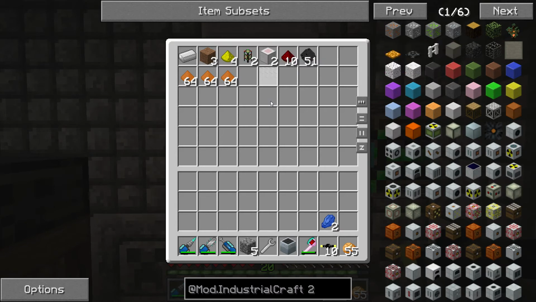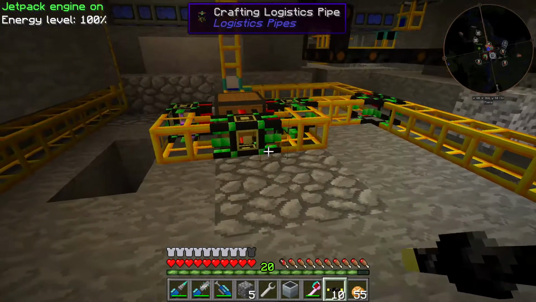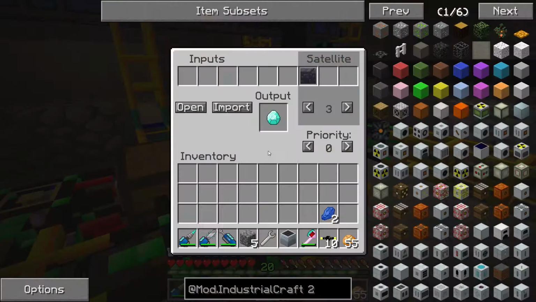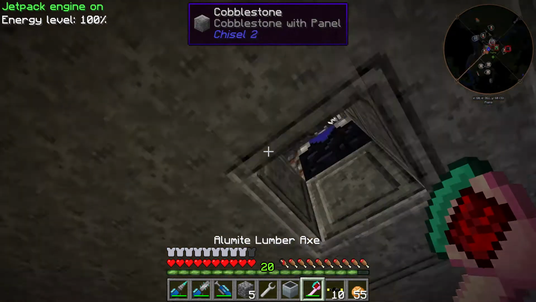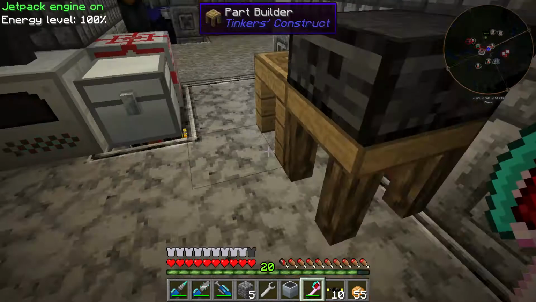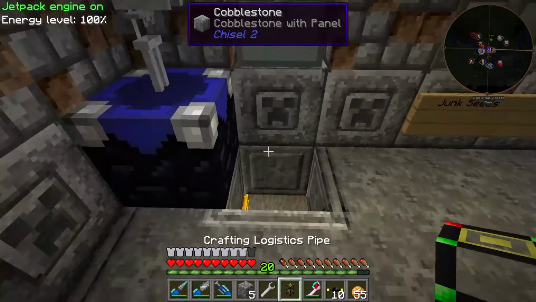Maybe I should go... Let's take a looky down here. I could set that up over here. I have some space. Okay, we make that. We can make that. But to make carbon plate, we can set that up right now. Let's do that while we're working over here. I do have a crafting logistics pipe right here. And we do have some space,